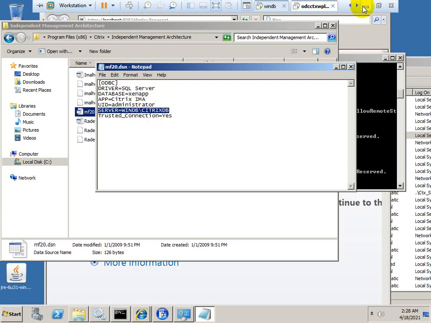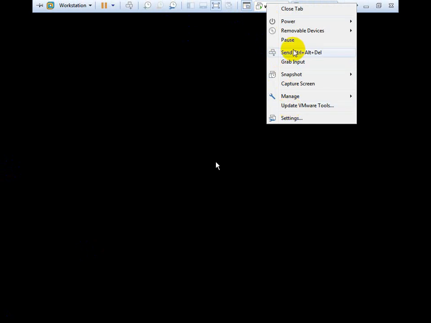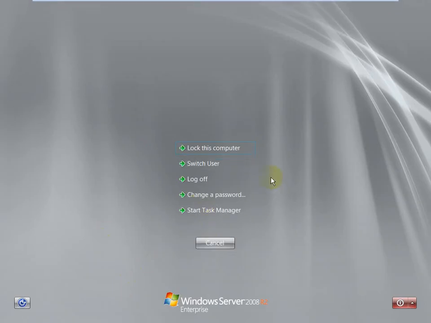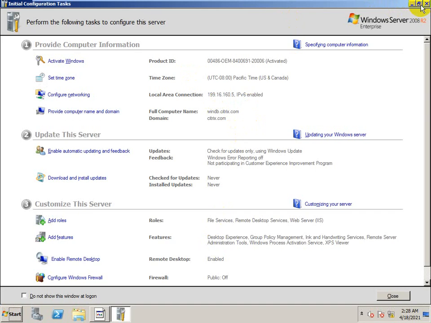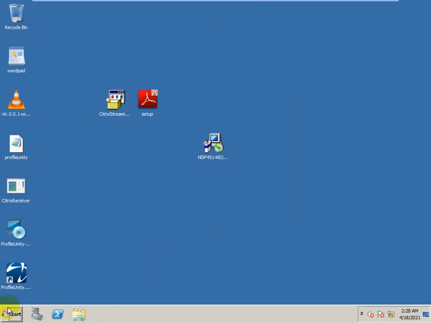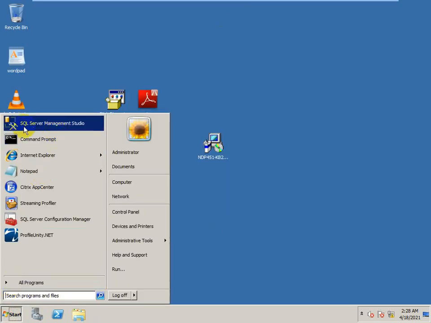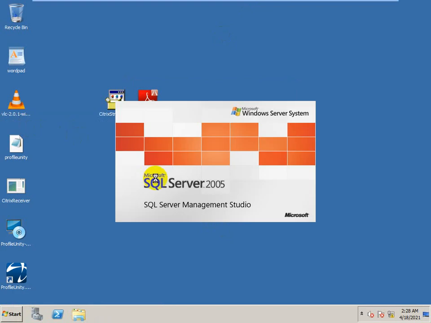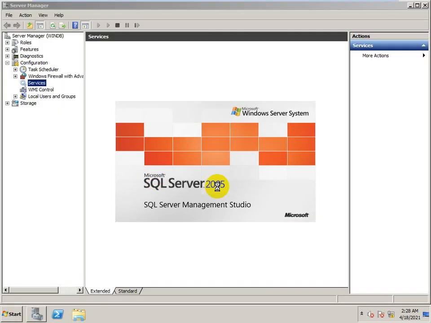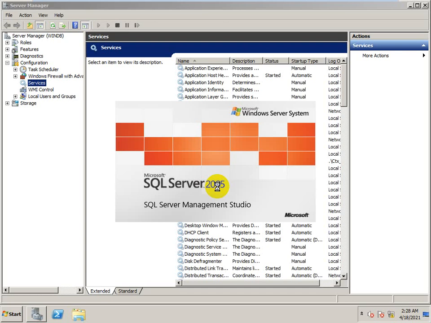Let's come to the database server. This is my database server. Okay, it's reflecting the database server name. Yeah, I will match the things. Data store machines in the database, SQL Management Studio. SQL Management Studio is not part of Citrix. How it works and how it's connected with the Citrix environment, that's why I'm just showing you.